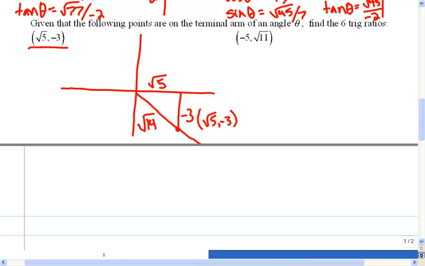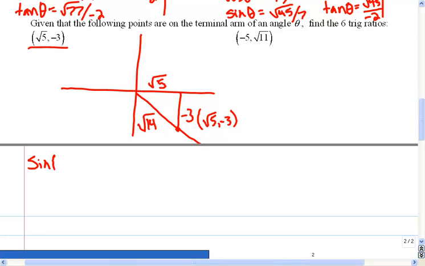Right, 5 and 9 is 14, so it should be root 14, I think. Okay, so then I can find the sine is going to be equal to